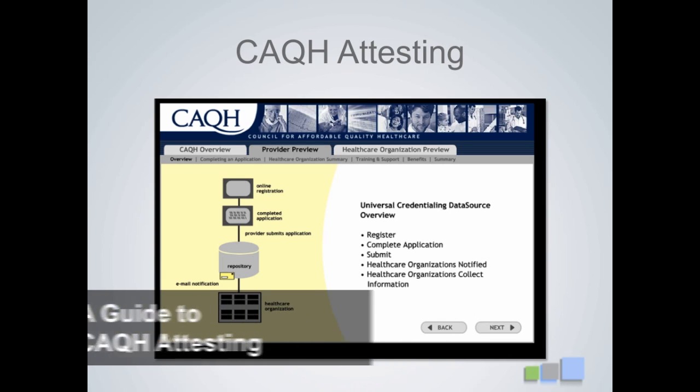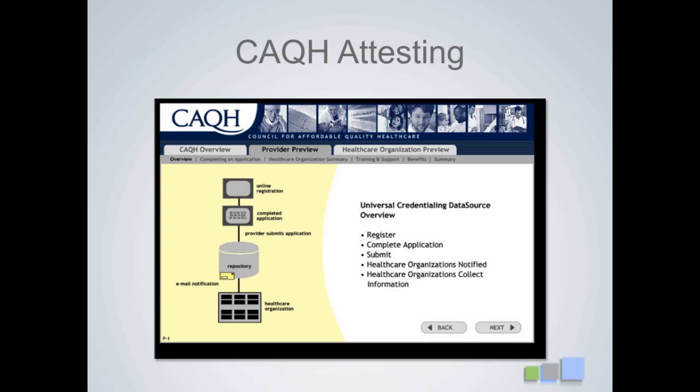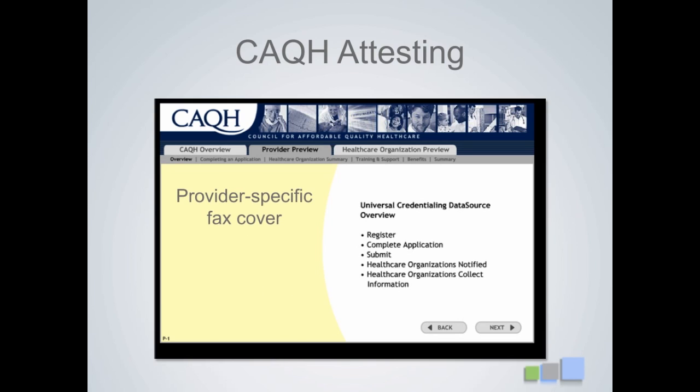Towards the end of the process, you'll be directed to an online attestation page and a form you can print out. Print the attestation and have the appropriate person sign it. You'll also need to print out the unique fax cover sheet from the CAQH website. You must use the provider-specific cover sheet to fax the attestation and required documents. A new fax cover sheet will be generated for each provider and every time you renew your attestation in later months. CAQH will let you know if your application is complete by emailing you on the status of your application.